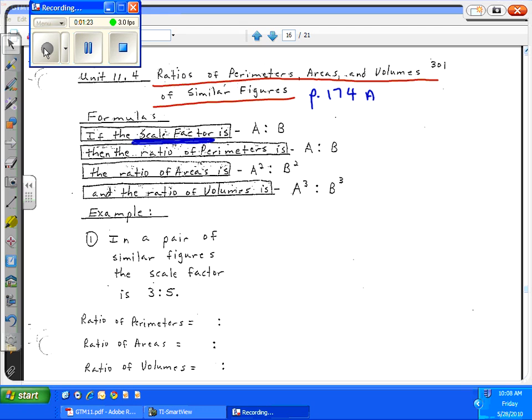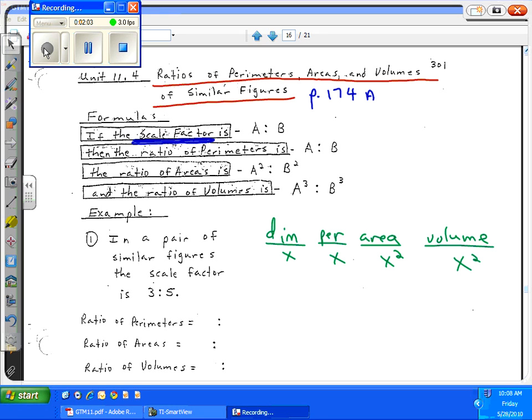We're really scaling up and scaling down, whether we're doing units of measure conversions or whether we're talking about perimeter, area, volume of similar figures. The concept is the same. On page 174A of the Algebra 1 text, we said it like this. We called it the drill. We said if the dimensions of a figure are increased by a factor of x, then the perimeter is also increased by a factor of x because it's one dimension. The area is increased by a factor of x squared, and the volume is increased by a factor of x